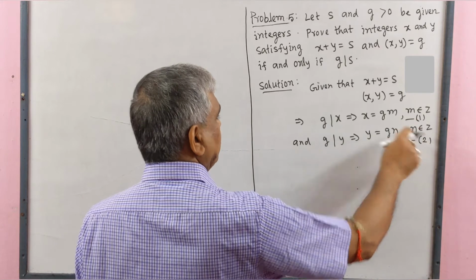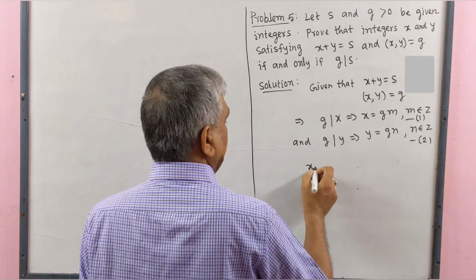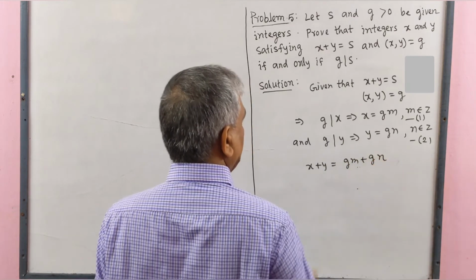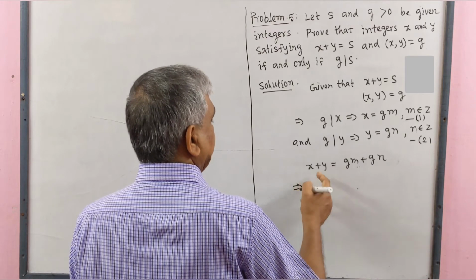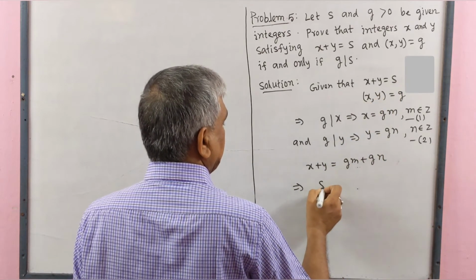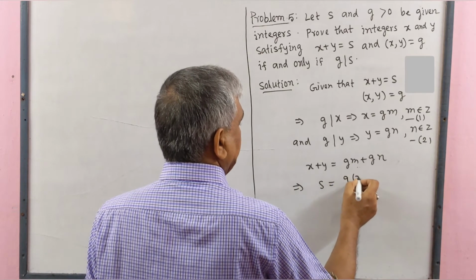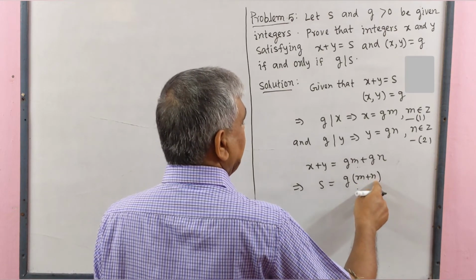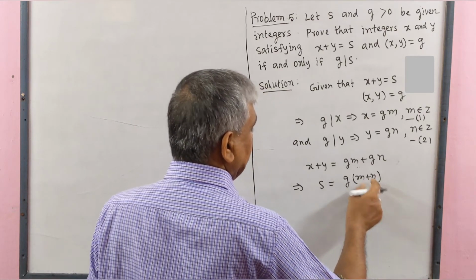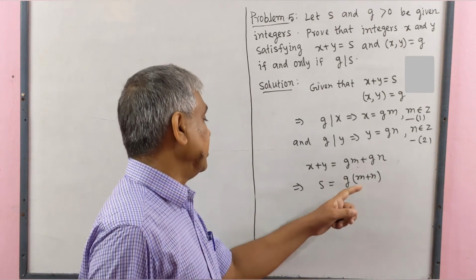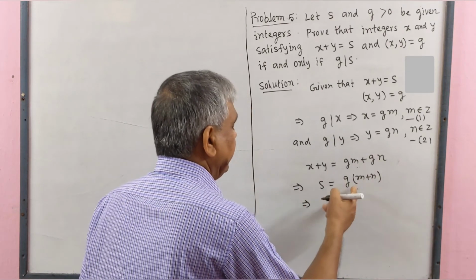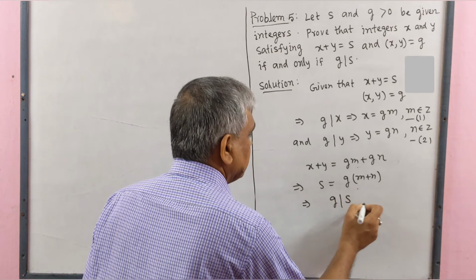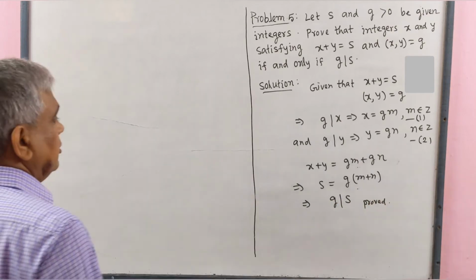Therefore from 1 and 2 we get x plus y equal to gm plus gn, implies that x plus y equal to s and here g common, m plus n. Since m and n are integers, therefore m plus n is also an integer. That means by divisibility concept, g divides s. Proved. Conversely,